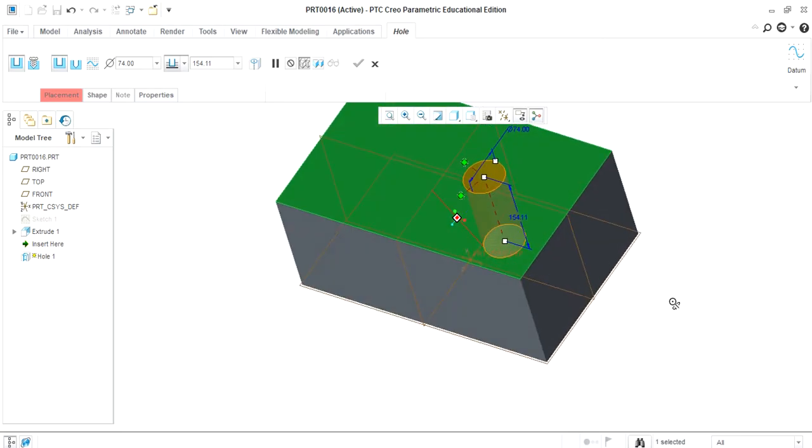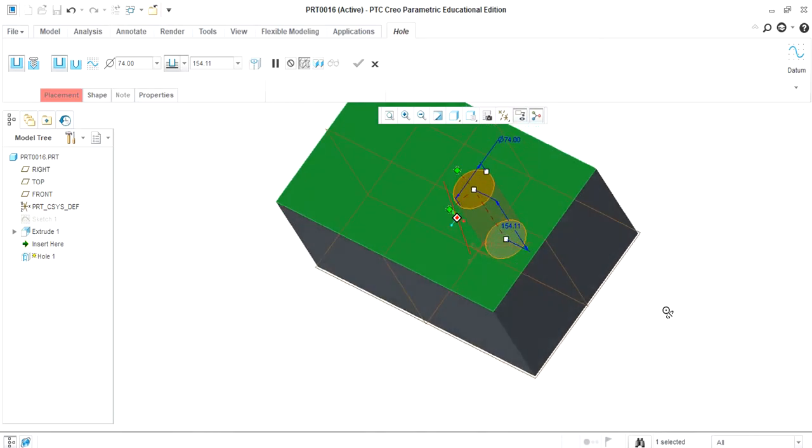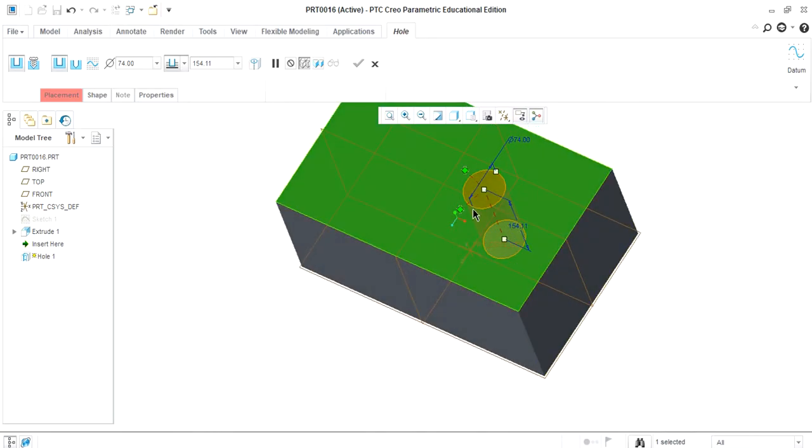After that, we have to adjust the hole dimensions with some reference. So we will take the line as a reference. So click on this point, place it to the line, click on this line, place it to this line. So in this way we have taken the reference from this first line and second line.